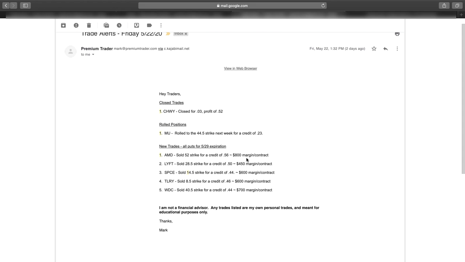So the first one is AMD. I sold the 52 strike for a credit of 56 cents, and it required roughly $800 of margin per contract. You can see I prefaced it at the top where it says new trades: these are all puts expiring 5/29. So all 5 of these are puts that I'm selling for next week's expiration, 5/29. So if we do the AMD trade,